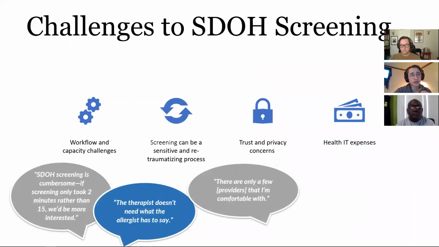So a little bit about the challenges to social determinants of health screening. We talked about some examples of approaches, but we definitely hear from health centers of challenges to implementing this type of work. First, in terms of workflow and capacity challenges. Health center staff often express capacity issues when new tools, requirements, or workflows are adopted in already stretched thin environments. So really looking at how we can limit the amount of lift there is really important.